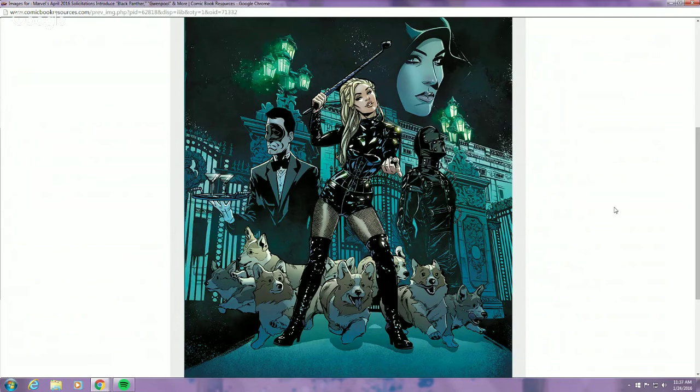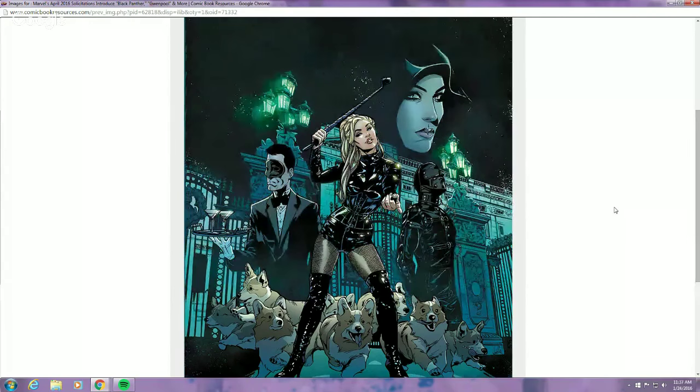Love the way she looks, and I love the way she did the corgis. They're awesome. They look fun. I look at them and I laugh, for them being the wonderful little dogs they are. I love the architecture in the background. I love the way it's colored, this kind of blue screens and whatnot, and her standing out from that and stuff. That's all fun. Just not sure that I like those odd elements kind of slapped in the background as kind of,